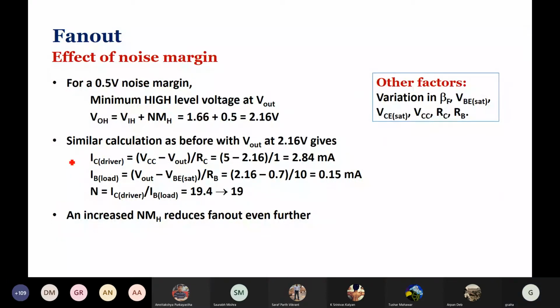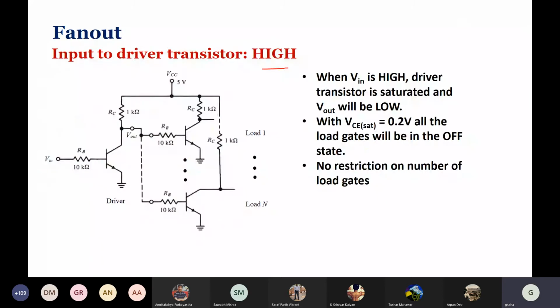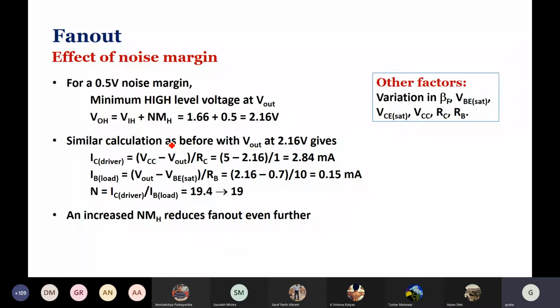And by design, the way we have done for input being high, output being 0.2 volt, the noise margin is 0.5 volt, because at 0.7 volt it becomes on, right? So if you want to keep a similar noise margin for input being low also, then this is 1.66 volt and 0.5 volt. Okay, so this is the 2.16 volt. We can think of it coming down to a level up to this. Then on both sides it is 0.5 volt.